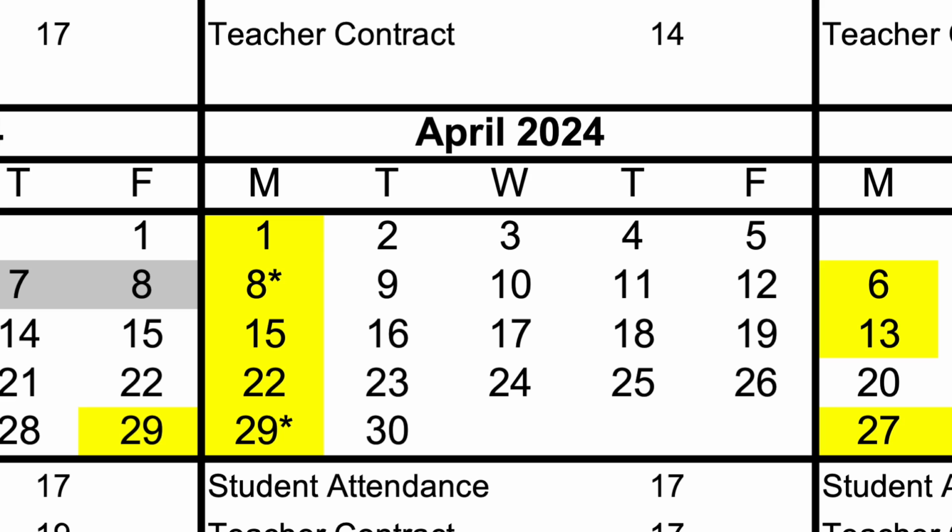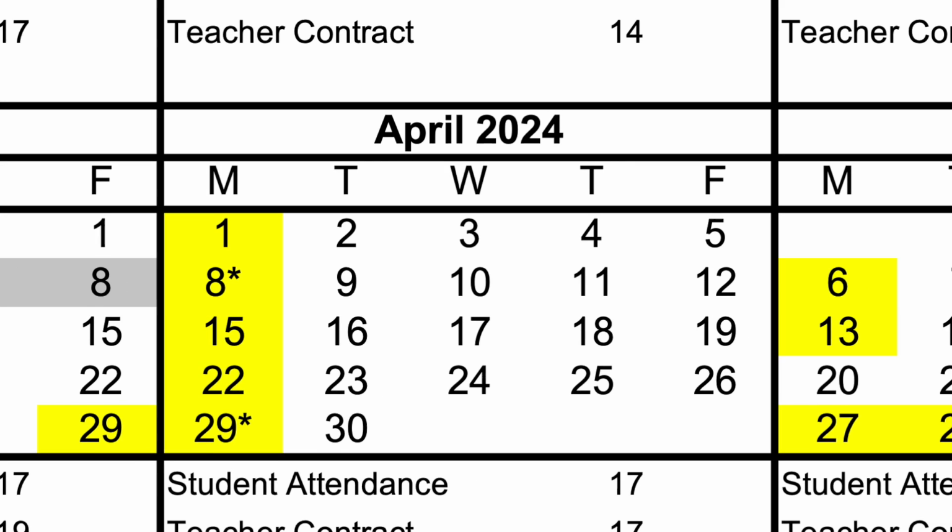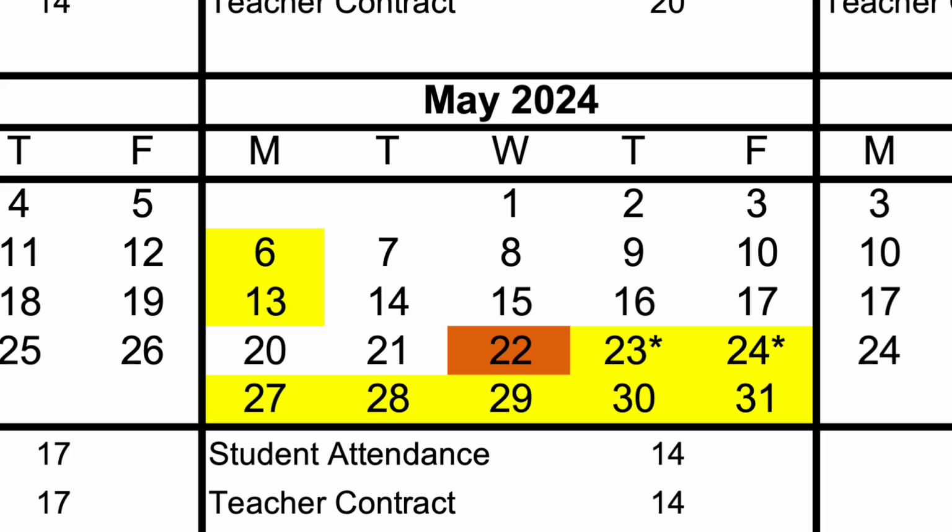Then as you go through the remainder of April, you will see that we do not have students nor our teaching staff the remainder of that month, but there are stars because of inclement weather makeup days planned for April 8th and April 29th. In May, the first 2 Mondays are non-student days as well as non-staff on the 6th